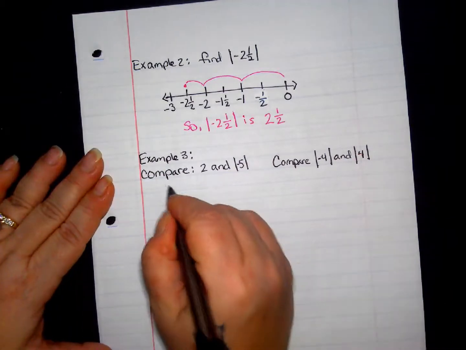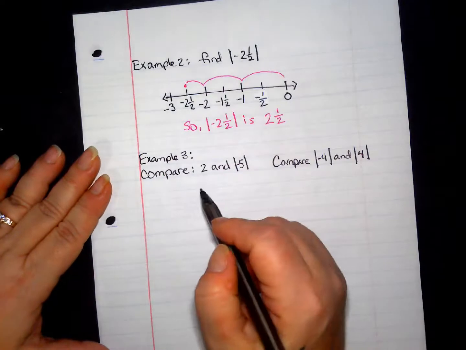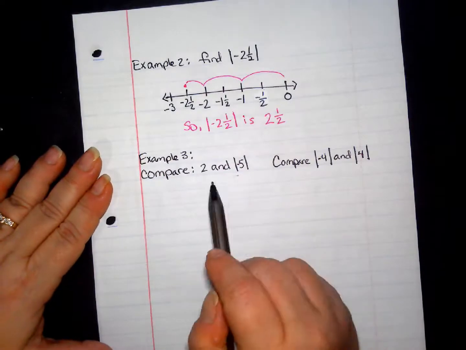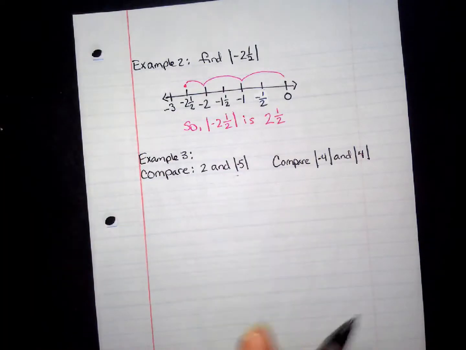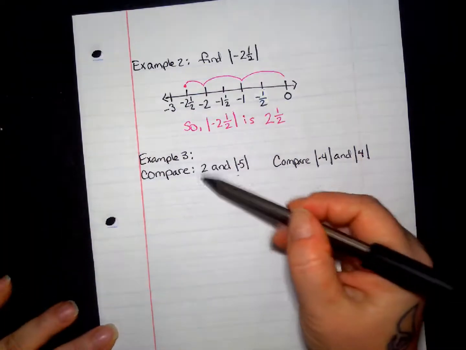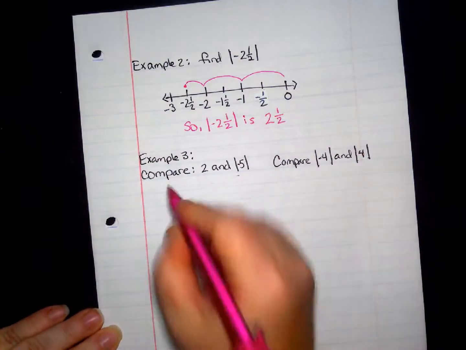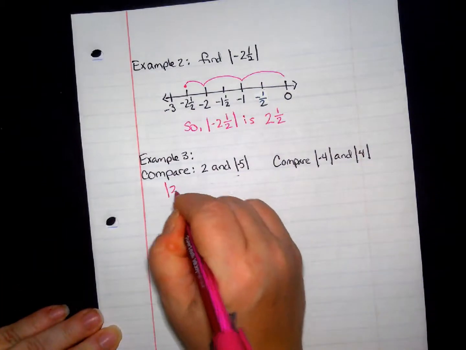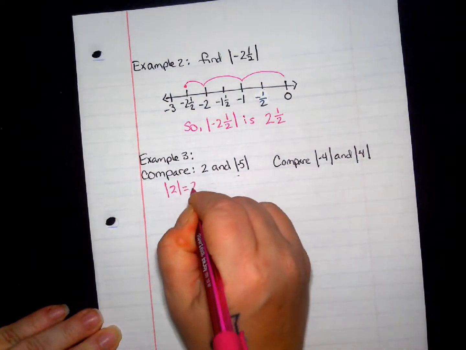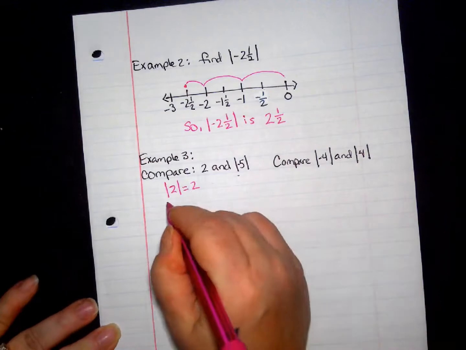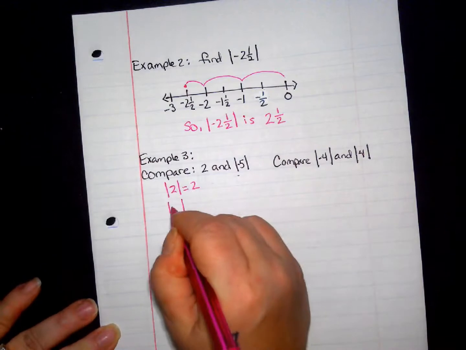When you're comparing, just find the absolute value for both numbers, even if it doesn't say the absolute value for 2. So, the absolute value of 2 equals 2, and the absolute value of -5 equals 5,